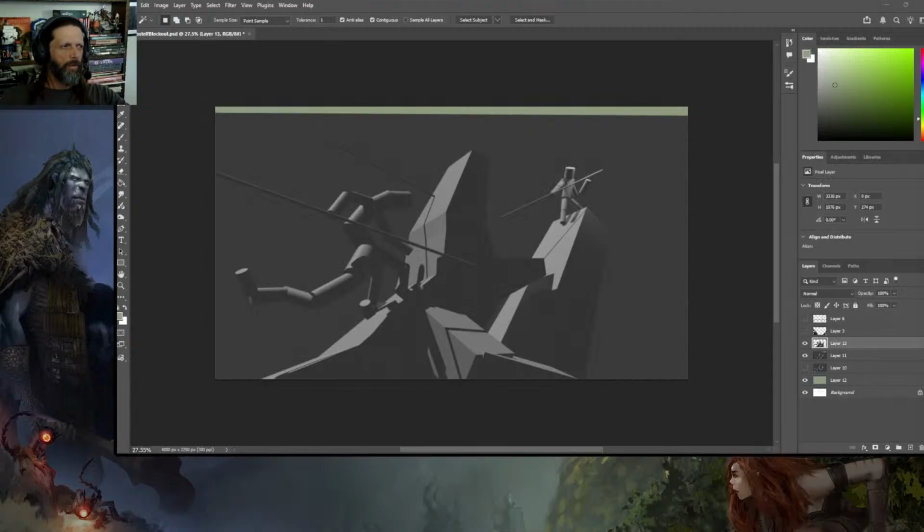Hello, I'm about to start streaming again, and today what I'm going to be doing is taking a 3D composition I put together in my first episode and turning it into a piece of 2D art. If you saw my first episode, you'll probably notice that I've added a lizard man to the back of the crocodile. Before I just had this crocodile attacking the ghost elf, and I had this